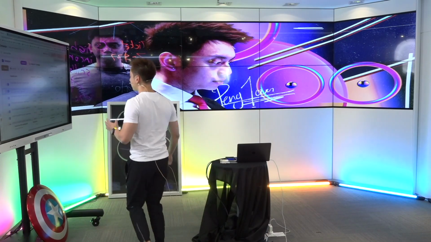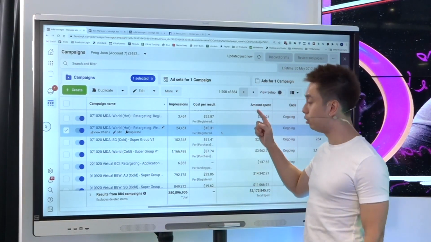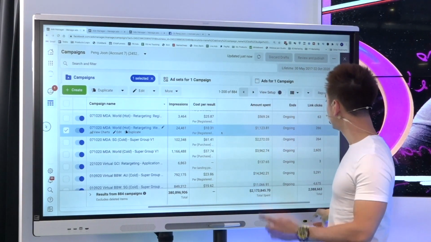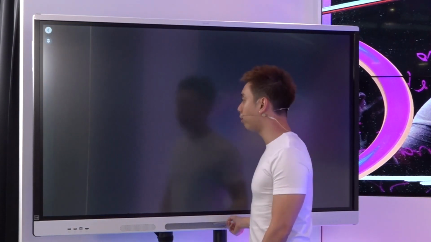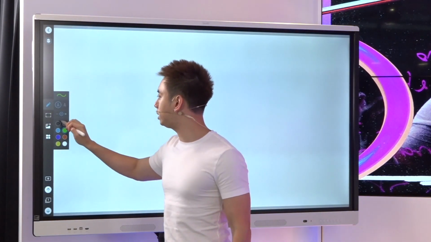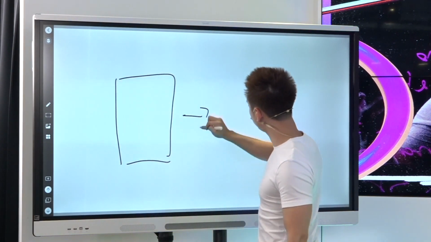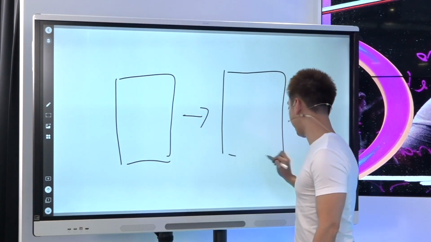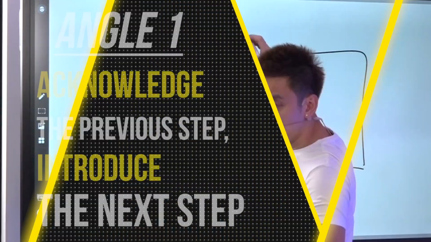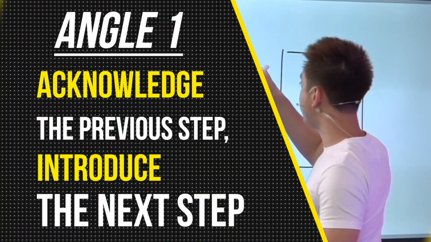And I'm going to be giving you 5 actual examples to show you why they're profitable and how you can implement them immediately. Okay, so if we understand what retargeting is and why it significantly decreases your ad costs, in order to explain to you what your ad might look like, the first angle is basically this. Angle number 1 on how to write any retargeting ad is acknowledging the previous step that they did and